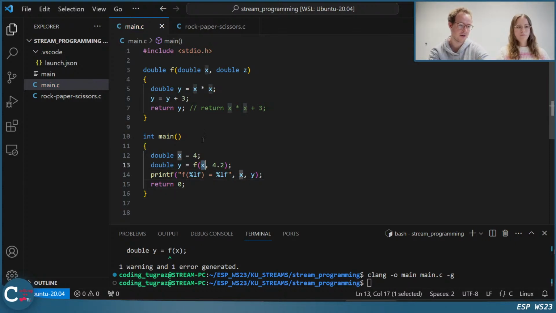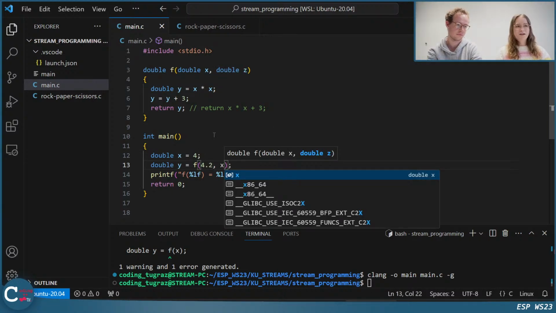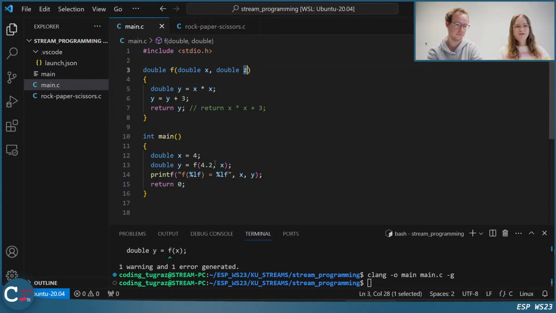Then the first parameter in the function call matches the first parameter in the function declaration, and the second parameter in the function call matches the second parameter in the declaration. So it's always about the order, not about the name. We could, for example, pass x to the second parameter, and set would still be the value of 4.